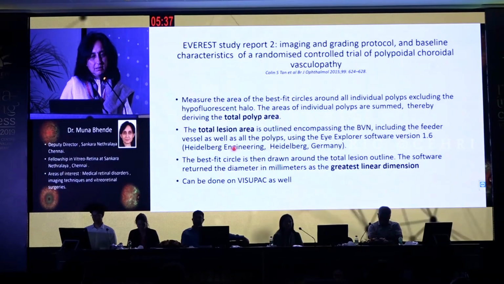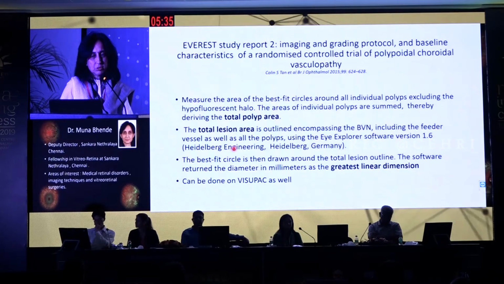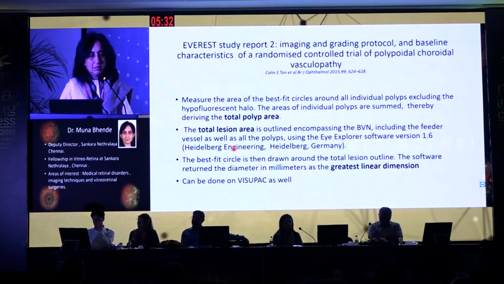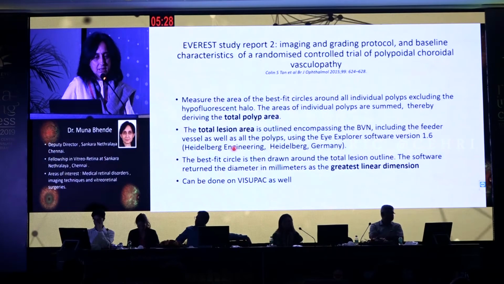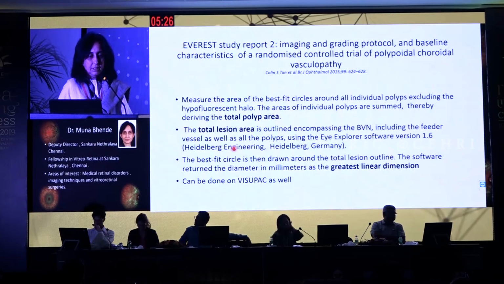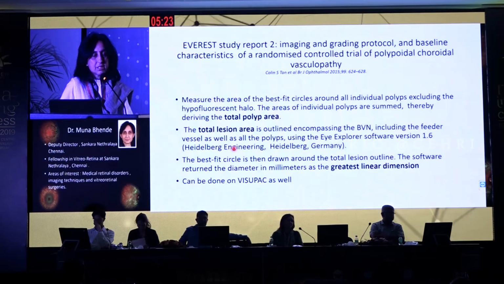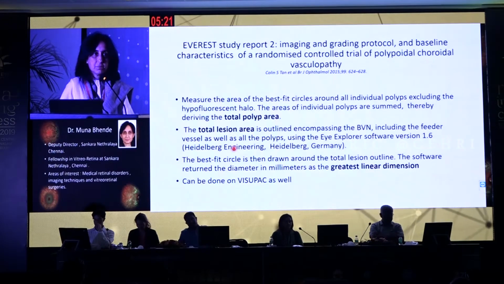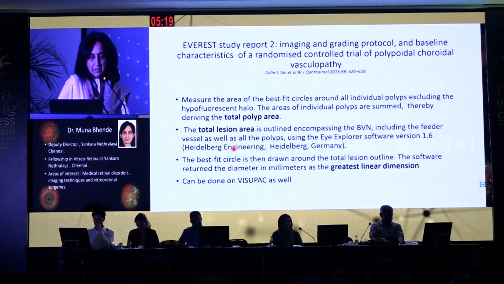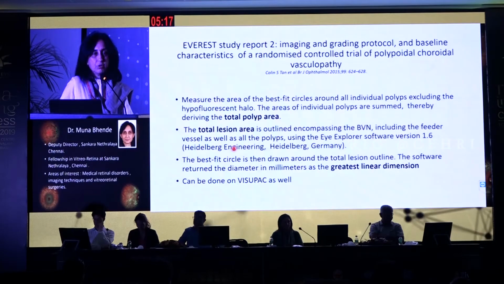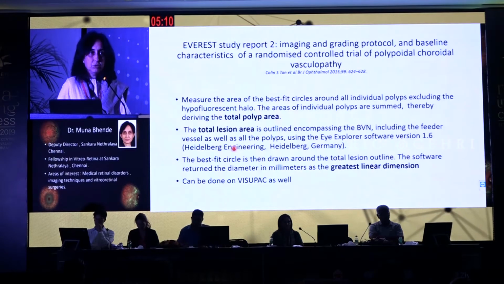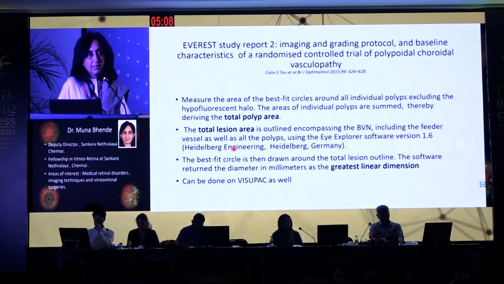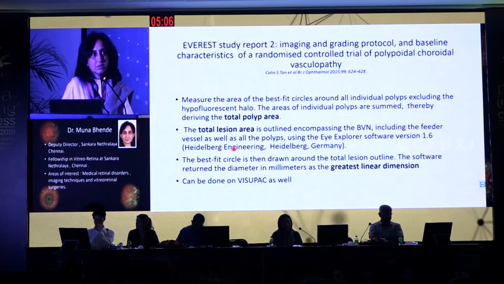Now this article from Everest Report 2 showed us the imaging and grading protocol and baseline characteristics, and all these terminologies are ICG based. Basically, what the group did, they measured the area of the best fit circles around all individual polyps, quite an exercise I would imagine, excluding the hypofluorescent halo, which is believed to represent the fluid. And the areas were summed up and derived the total polyp area. And polyp regression relates to this. It's a quantitative